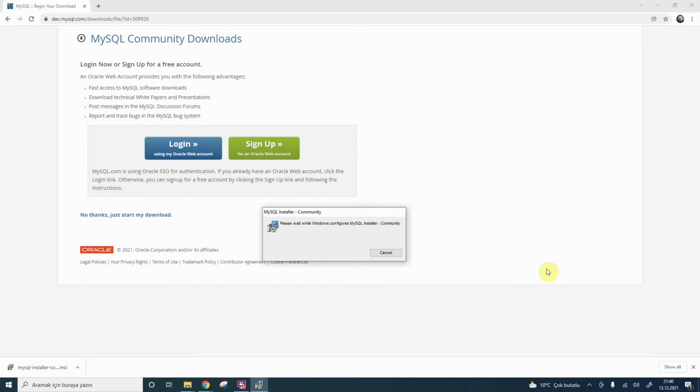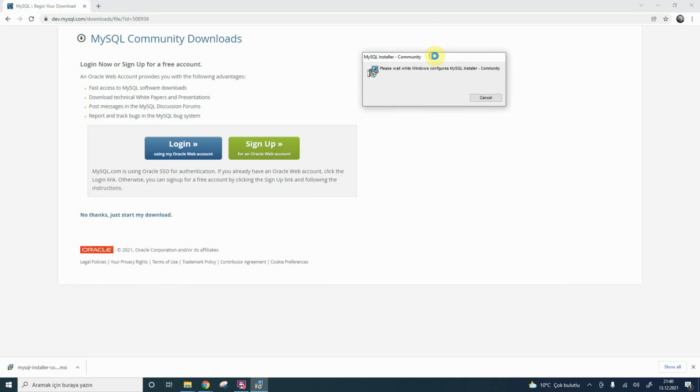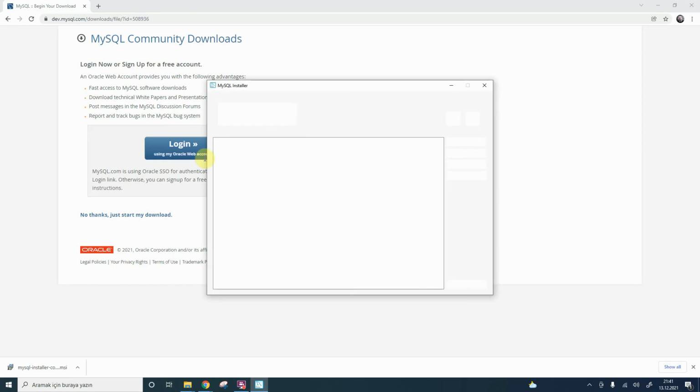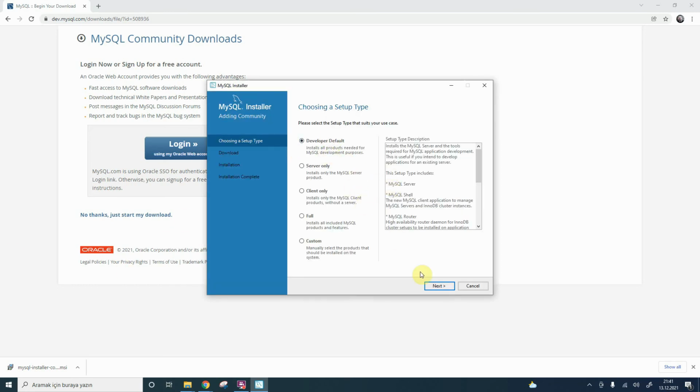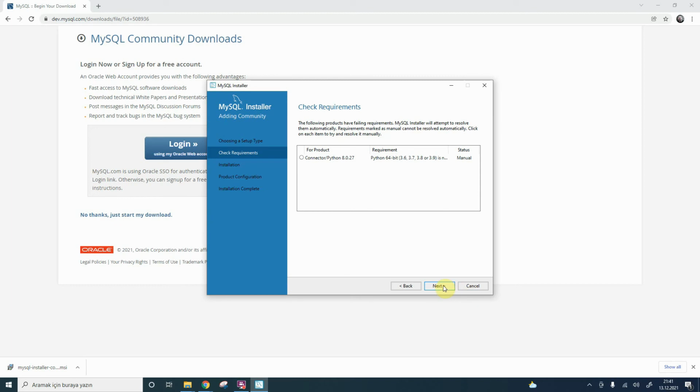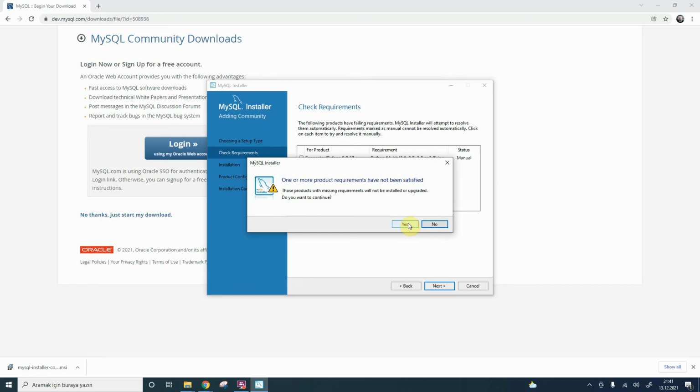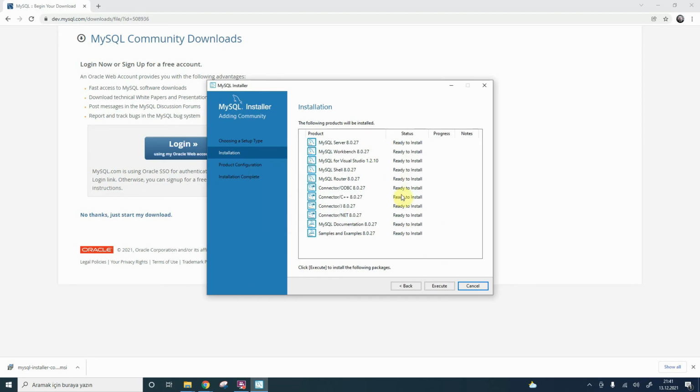Now it is starting the installer. It's preparing for install. Ask for permission, yes. Data information, yes. Default. There is no need to change anything else. Next. Yes, of course. We want to install every